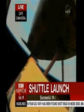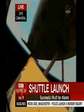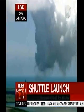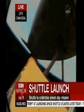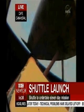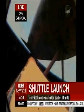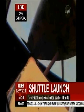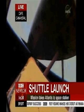At what stage, Andy, does the main fuel tank come off? The two rockets, the two external rockets you could see on launch, they were jettisoned about 2 minutes into the launch. They will land in the ocean, be recovered, and can be reused again. The main fuel tank, the red fuel tank you would have seen, that gets jettisoned and then it breaks up in the Earth's atmosphere and doesn't get reused again. And on board there are 6 astronauts with a crucial mission, because they've really got to use all the time that's available to get the parts up to the International Space Station. And there's a heck of a lot of stuff to be